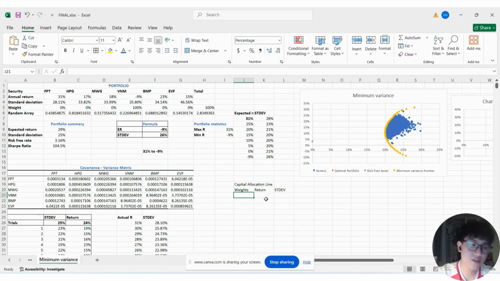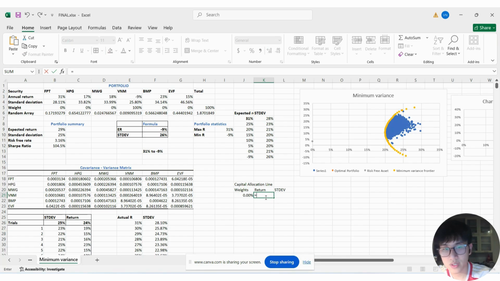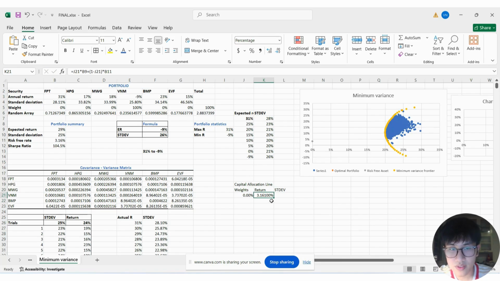Now, I want you guys to think of the capital allocation line as an investment. So if we invest 0% in the optimal portfolio, we're going to invest 100% in the risk-free rate. So return is going to be the first weight multiplied by the expected return plus 100% of risk-free asset multiplied by the expected return of risk-free asset. So return is going to be